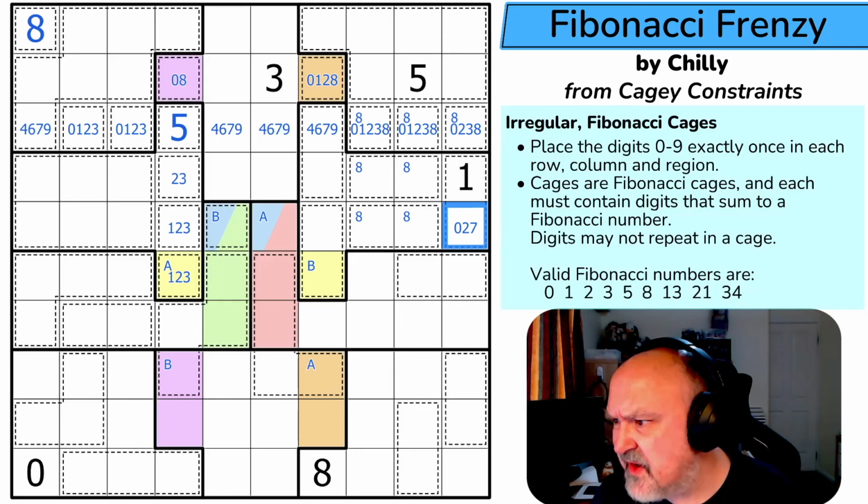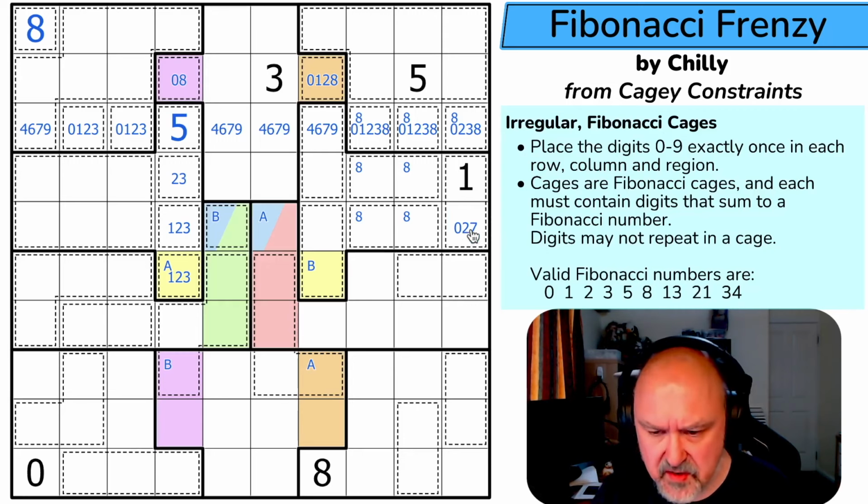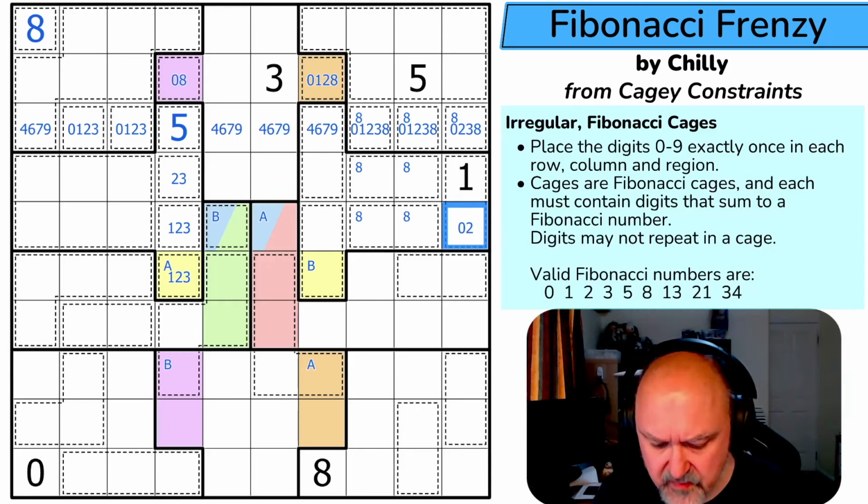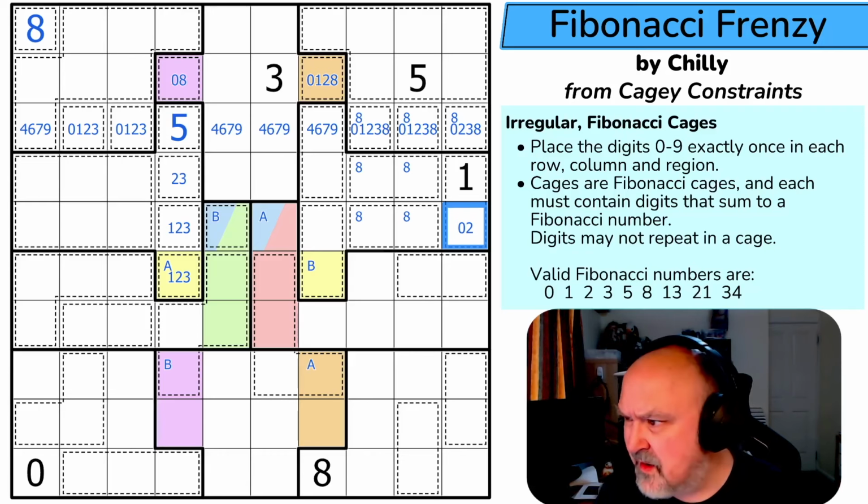2, 7, 5. Yeah, the 6 must go with 7. So that's not a 7. So 6, so we know 9 must go with 4. And 7 must go with 6. And we've got...